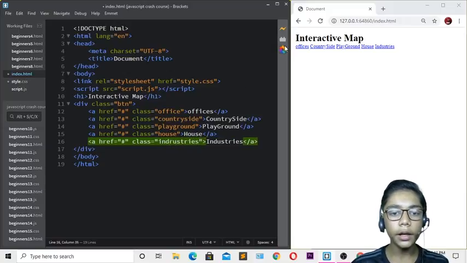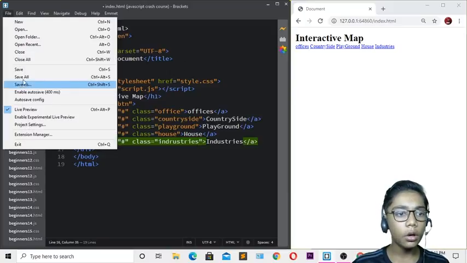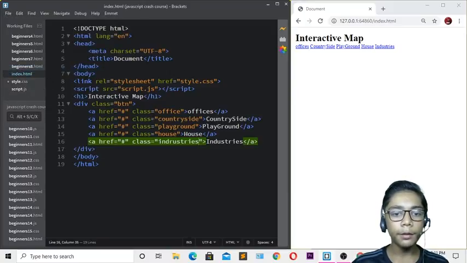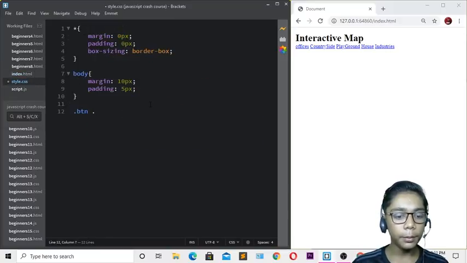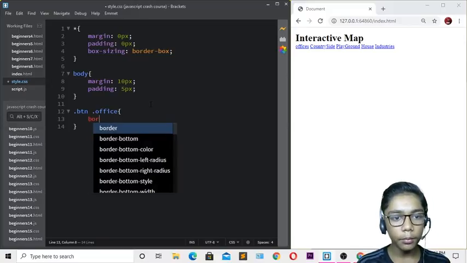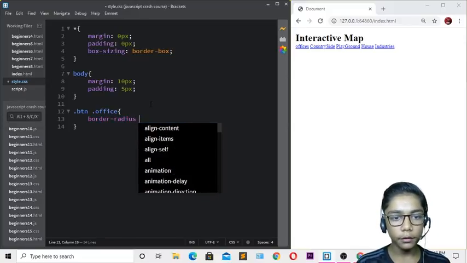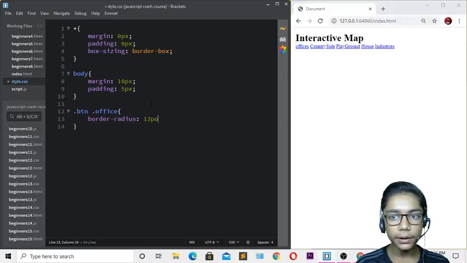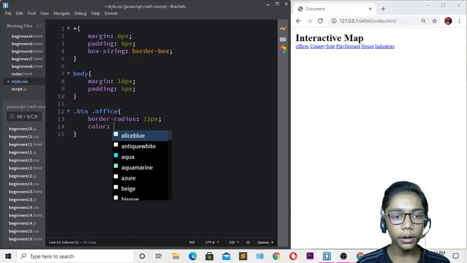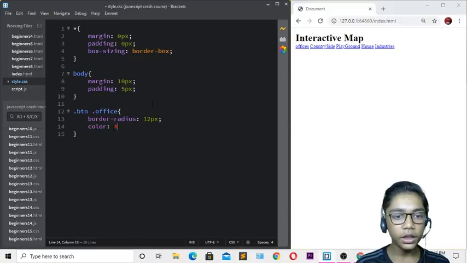Okay, so when you've done that, I will copy that, hit save, and copy this office one, and now I will be pasting that over here. Now you have to come and I will be changing the border radius, which should be 12 pixel over here. Okay, so when you've done that, I will be writing the color. The color I need is white, so I'll be defining white over here. Now I will be writing border, which should be 1 pixel solid, and it should be white over here.